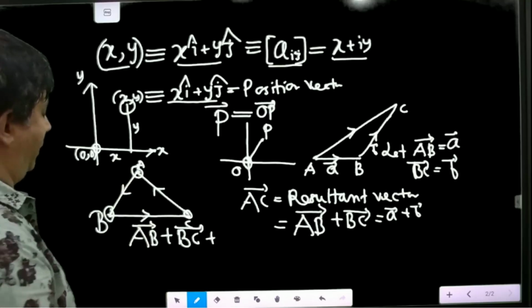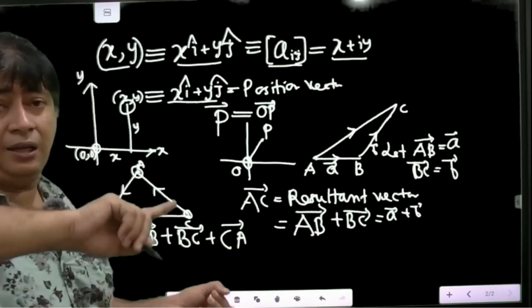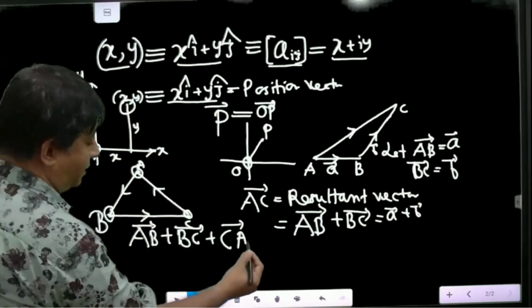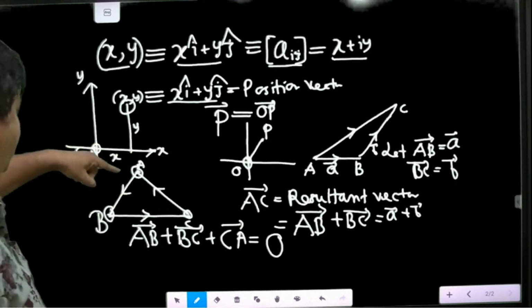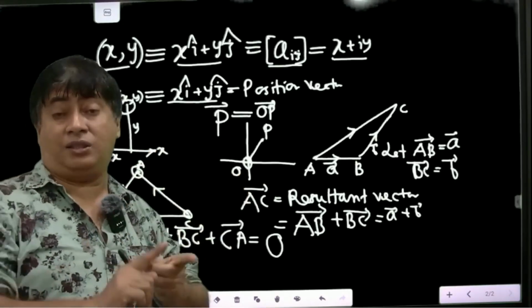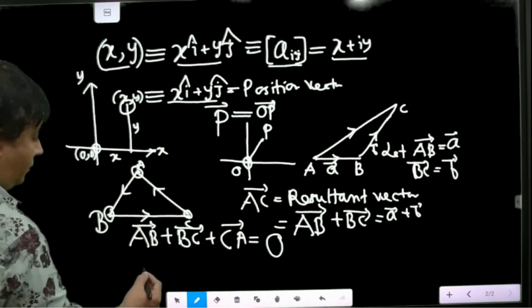Then C to A. That means the final and initial position coincide. It is called zero vector. Vector displacement is zero. Initial and final position matched or coincide. That is called triangle law. Okay. Now,